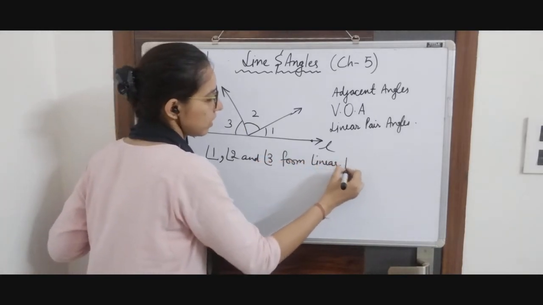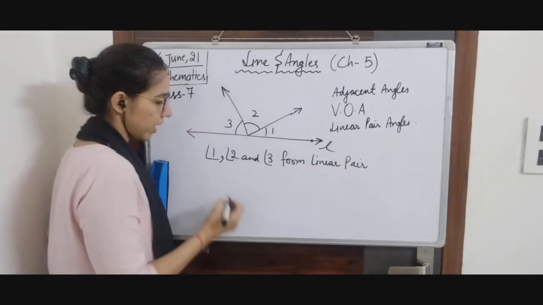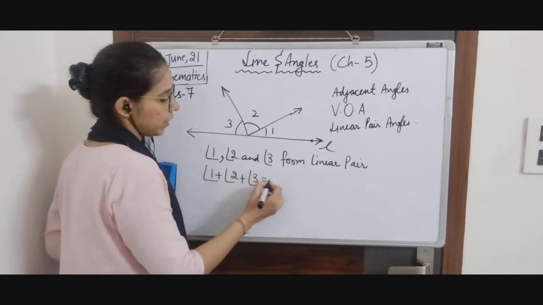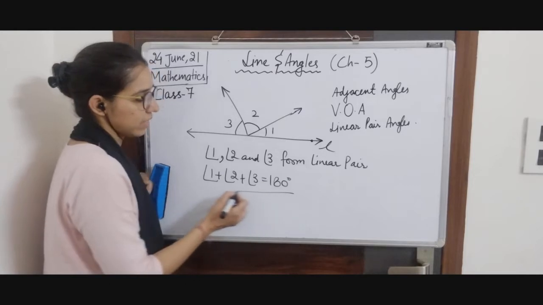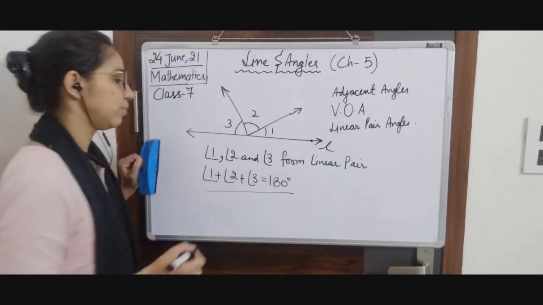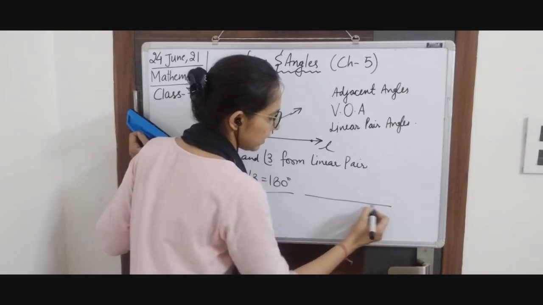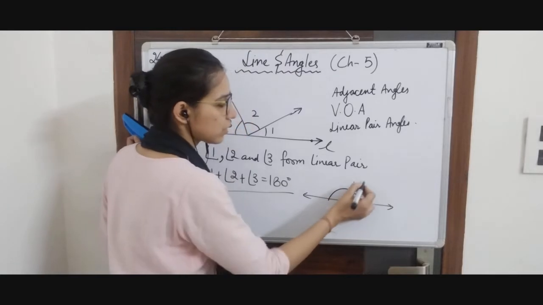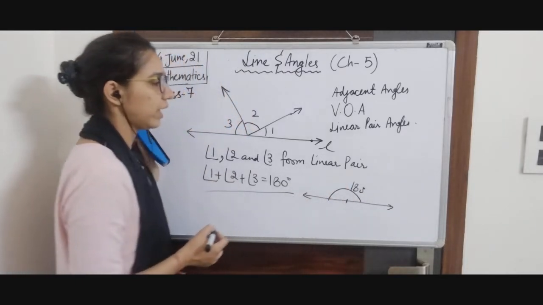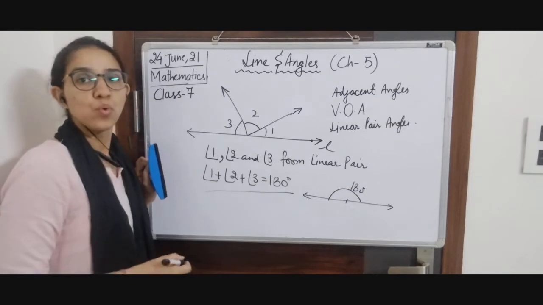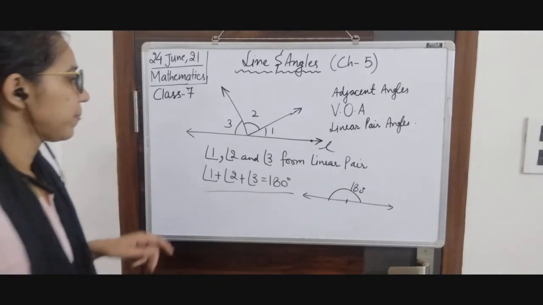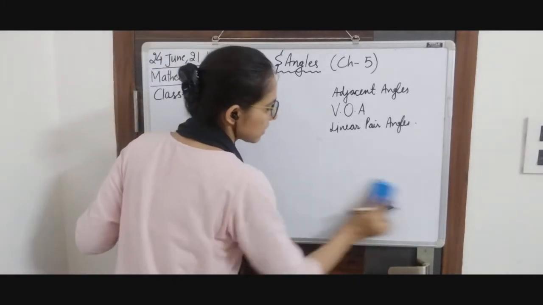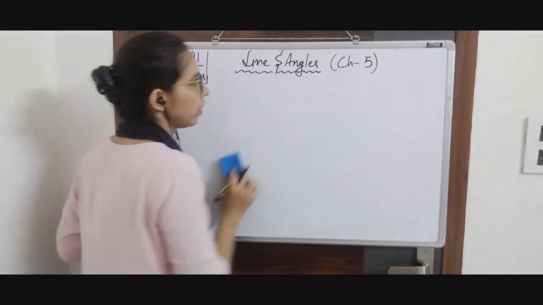And what does that mean? It means that the sum of angles on the line will be equal to 180 degrees. And why is that? Because of the straight angle. This is 180 degrees. So however many angles lie on the line, they are going to add up to 180. So they are going to be forming a linear pair. These are the three types of angles that we discussed yesterday. I am going to use them today also.